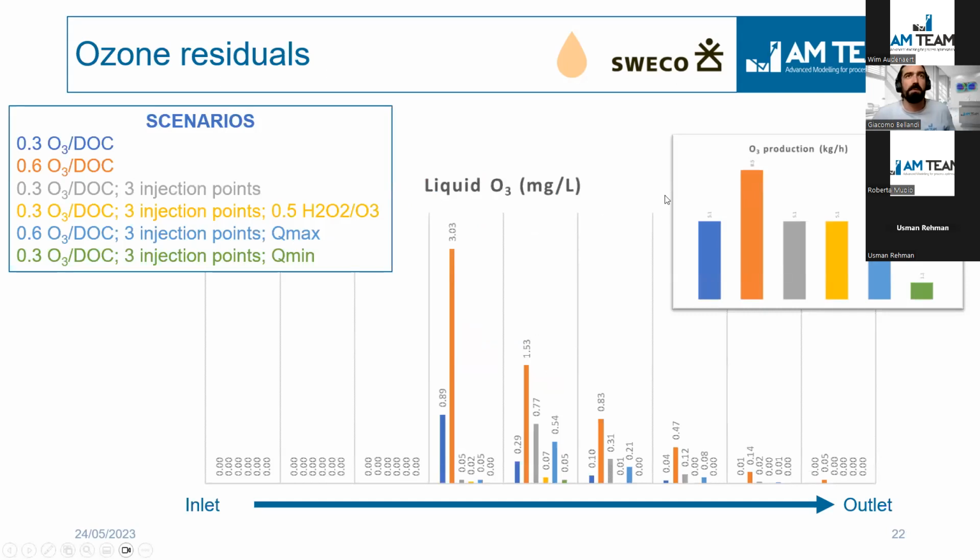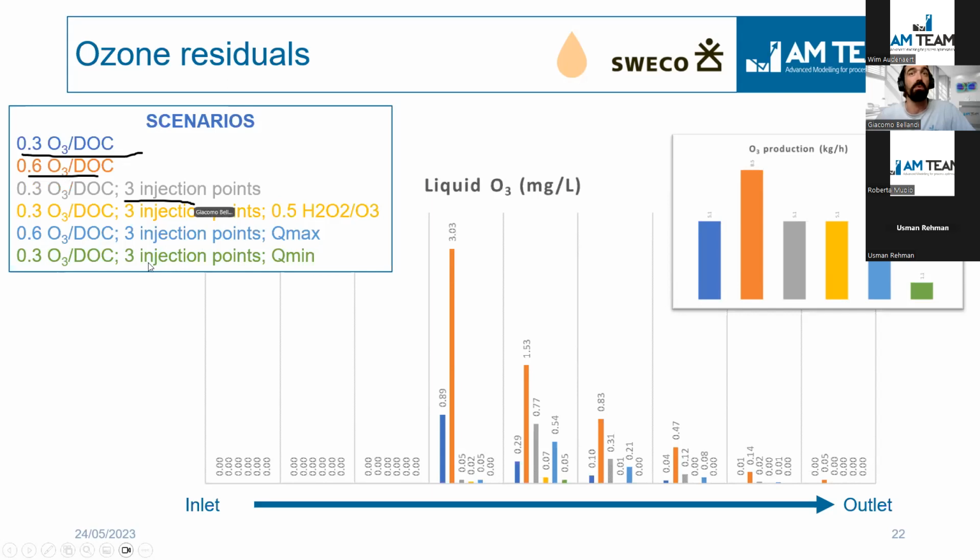So in this specific example, it was a water matrix from an effluent of a municipal treatment plant in Sweden. We calibrated the model on a standardized ozonation test together with the experimental data, and then we ran the model in the virtual pilot installation at different doses of ozone, and injecting